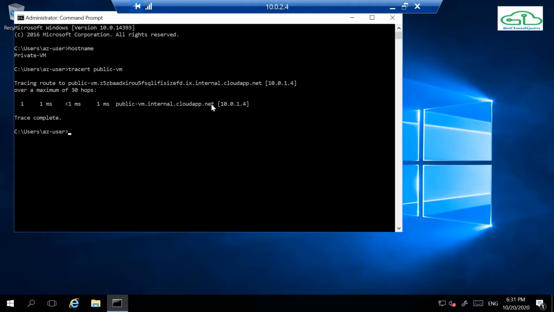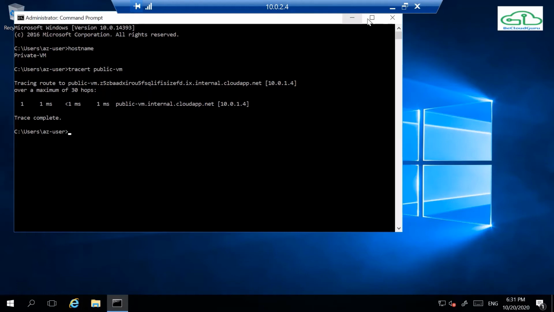I have already added a rule to allow ping, or ICMPv4, so that they can ping each other and complete this trace, because by default it is not allowed on the Windows 2016 servers.